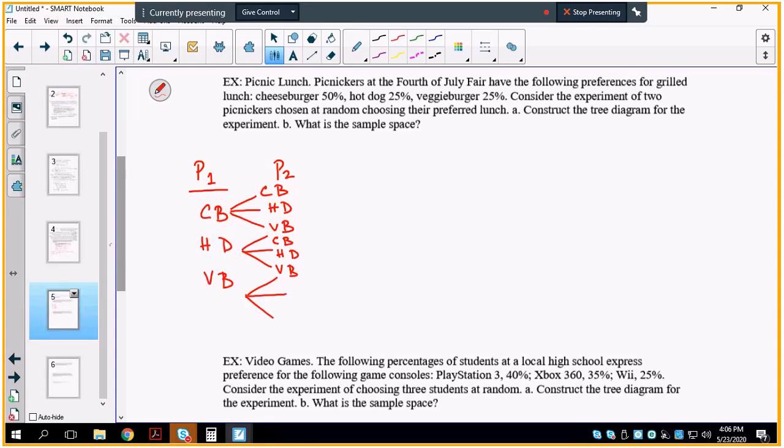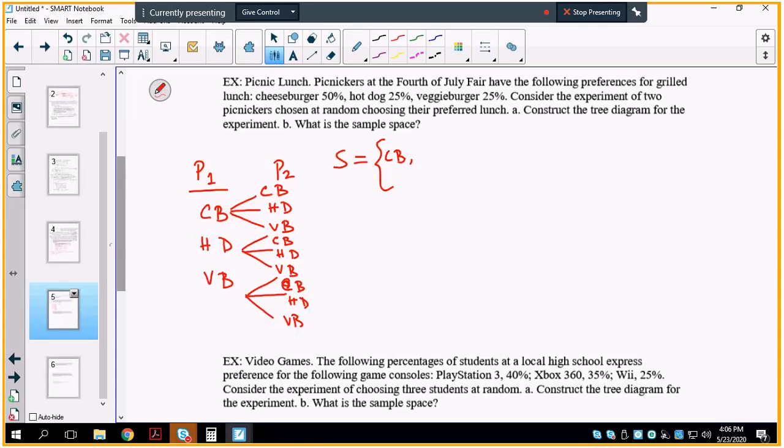And the choice is, when the first picnicker has chosen veggie burger, the second picnicker has still 3 choices: cheeseburger, hot dogs, and veggie burger. So there are a total of 9 elements in the sample space. It asked me to write the sample space, so we'll go ahead and say S is equal to